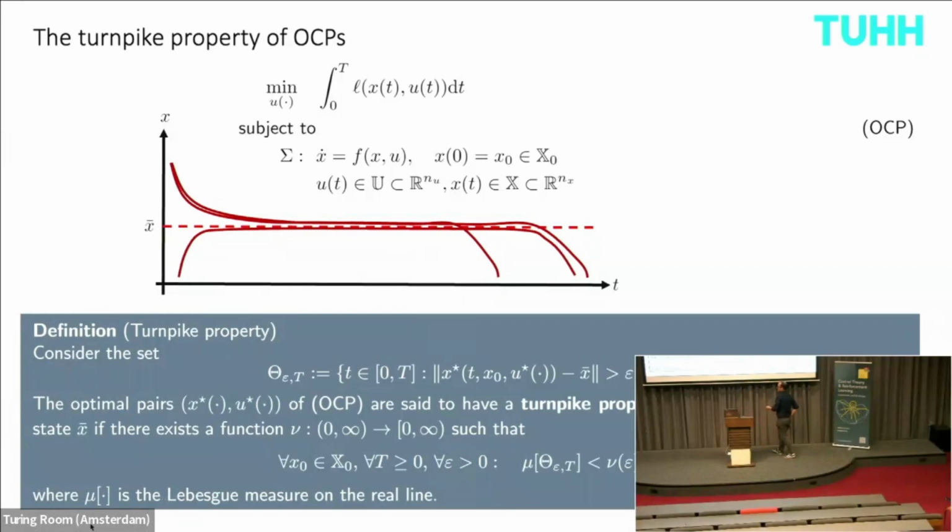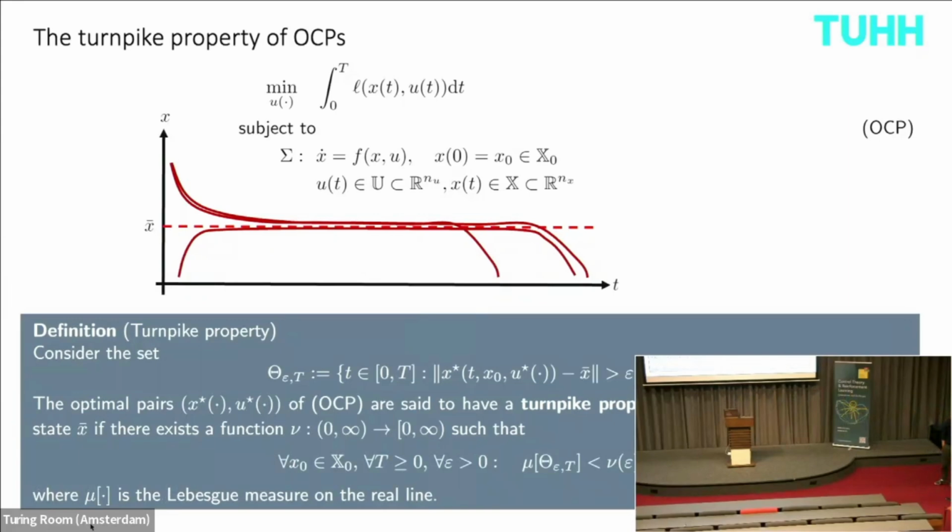Now, two technical details. Either I consider here a compact set of initial conditions, or I have to add here something which depends on the initial condition, because if I move the initial condition far away, it takes longer, literally, to get to the turnpike neighborhood. My way out is always, I say, look, I don't mind if this is a compact set. Okay, that's the formal definition, which I found in a book on infinite horizon optimal control, which appeared